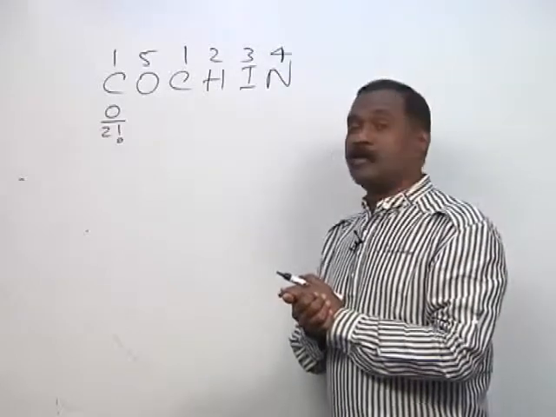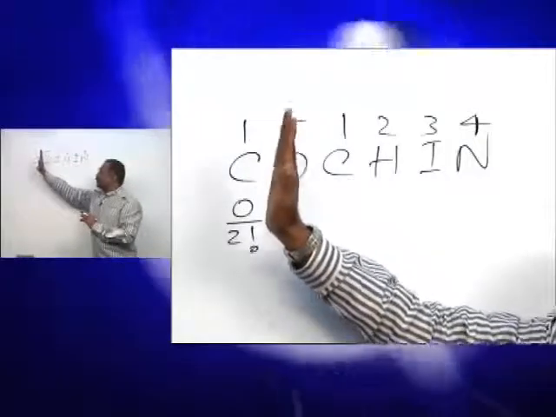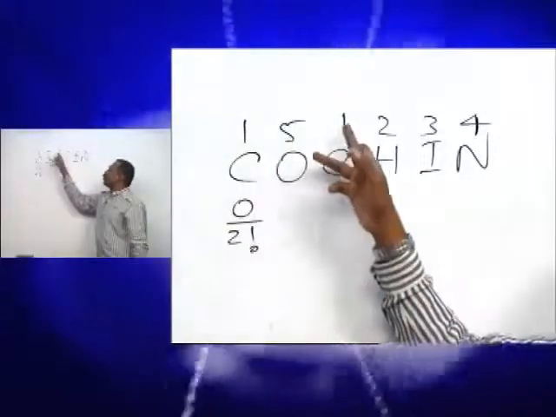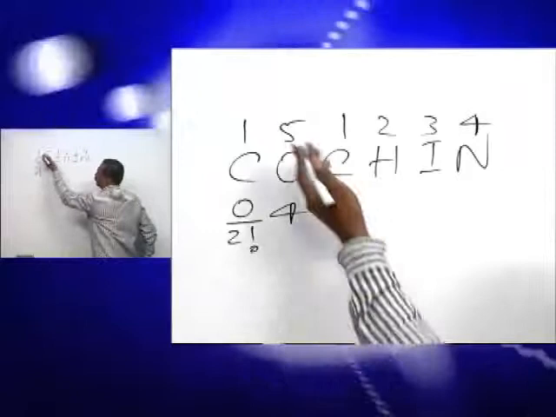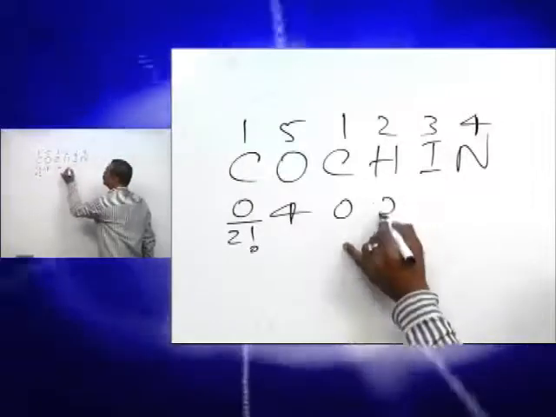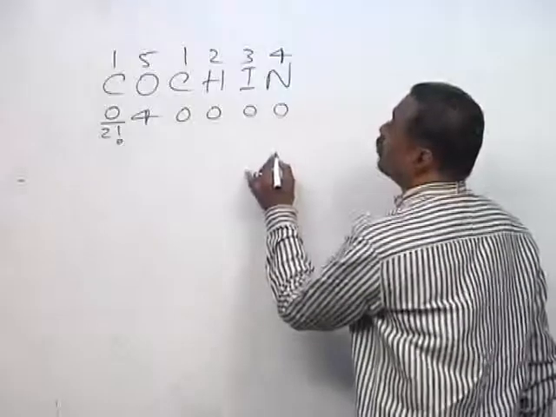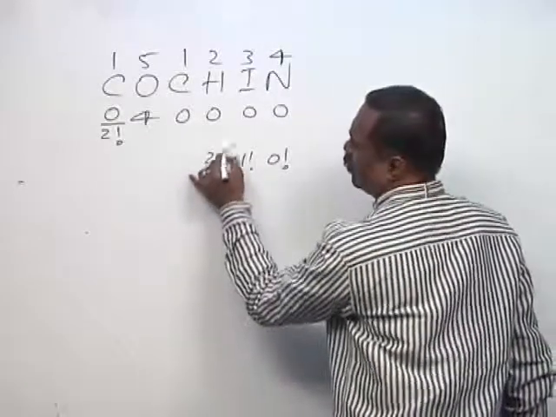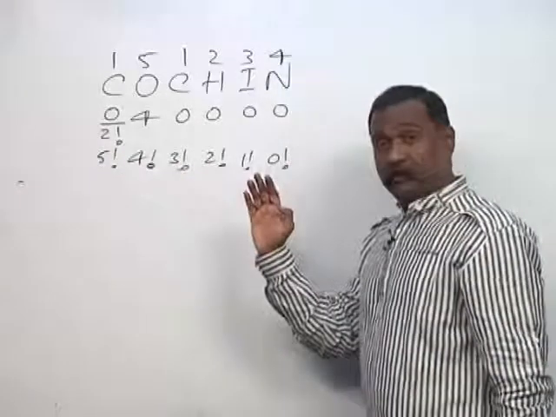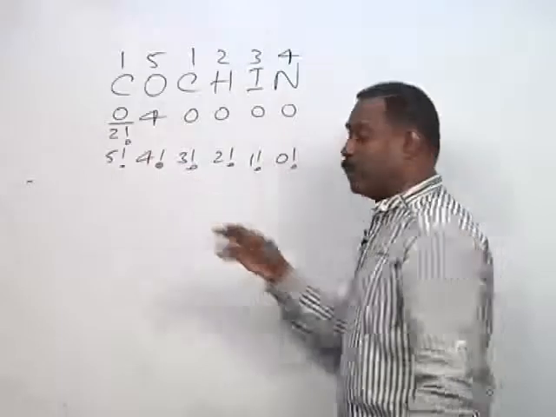That means whenever you write this, you have to include this one also. This and this. 2 are there by 2 factorial. Okay. Now less than 5. 1, 2, 3, 4 are there. No repetition. You write like that only. Less than 1, nothing. Less than 2, nothing. Less than 3, nothing. Less than 4, nothing. Okay. Now start from writing 0 factorial, 1 factorial, 2 factorial, 3 factorial, 4 factorial, 5 factorial from right hand side. Remember that. From right hand side.